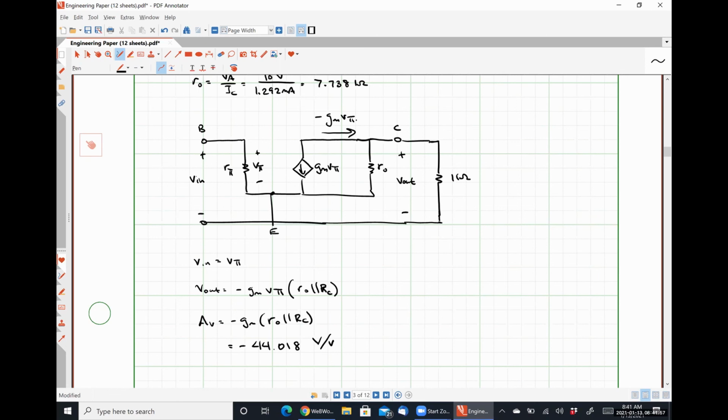Another thing that we haven't talked about yet, and we'll get into in much more detail, right now, this system is unloaded, meaning I do not have a load resistance or load impedance placed between the collector and ground. So that's obviously going to affect our voltage gain as well, because that's putting yet another resistor in parallel with that system, right? So if there was a load resistor here,